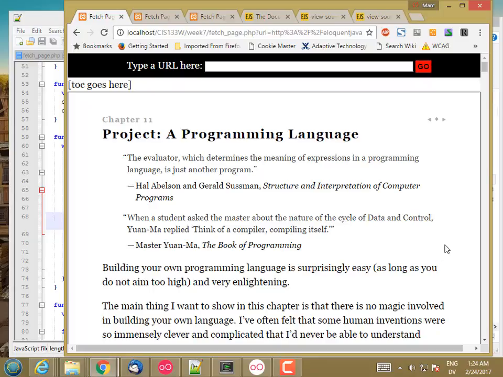So now let's work on the last piece of functionality that we're going to do this time. And that's going to be this table of contents here. So what we're going to do is scan through all of the nodes in this document, and find all of the header tags. So H1, H2, and so on. And then we're going to build a table of contents with unordered lists where each subsection is nested under its